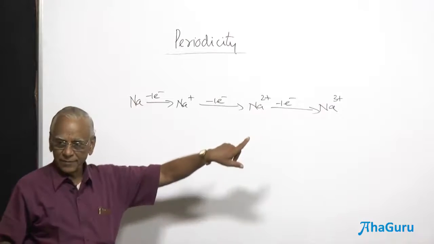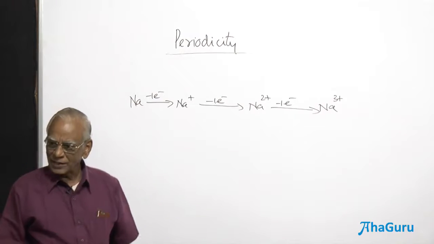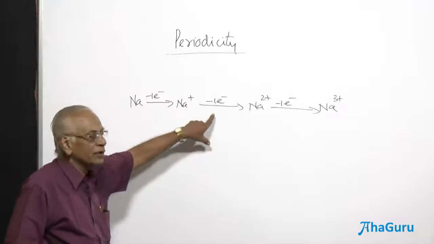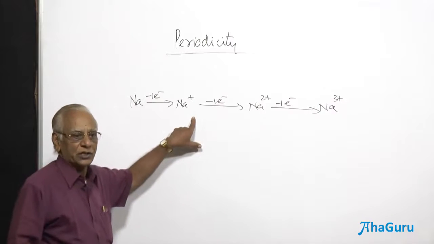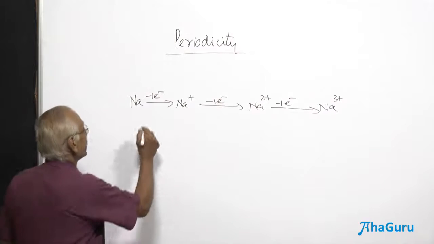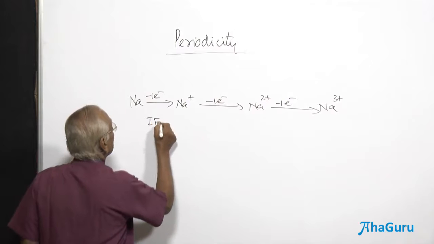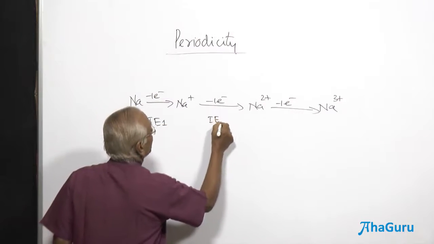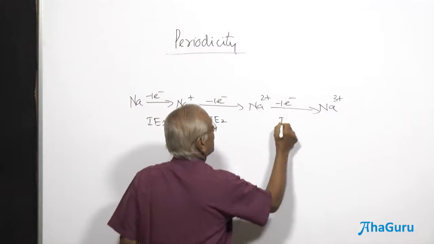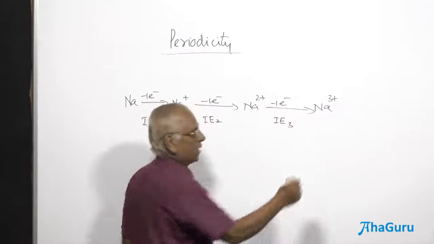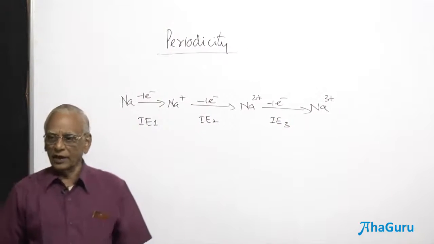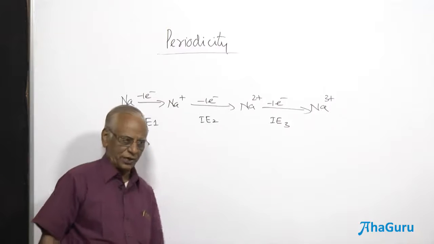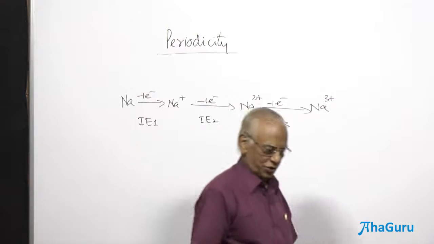They are not atoms, but I can use the same concept here, ionization enthalpy. It's almost the same. I want to remove an electron from the last shell of this particular ion. Therefore, I don't mind calling it ionization enthalpy: IE1, IE2, IE3. It means the third ionization enthalpy, third ionization potential; the first ionization potential, second ionization potential, third ionization potential.